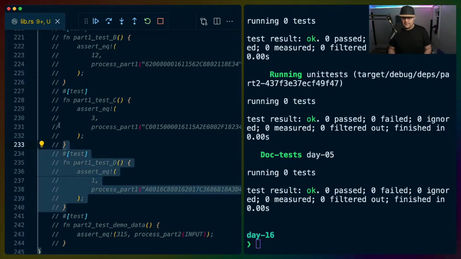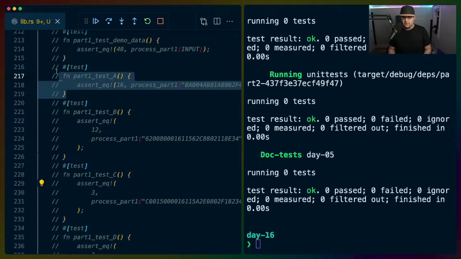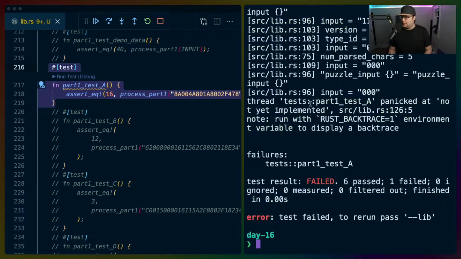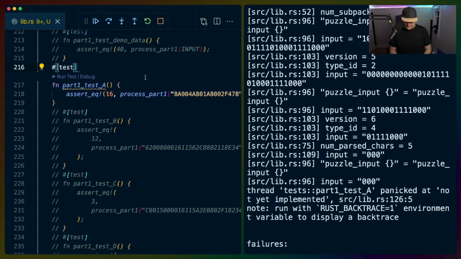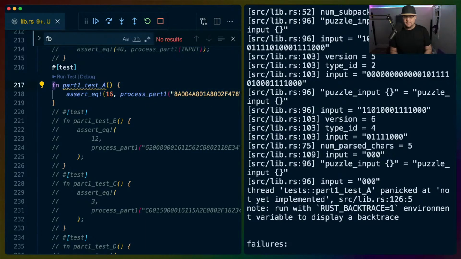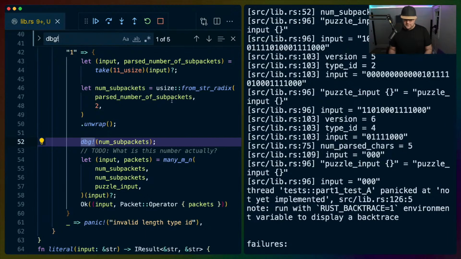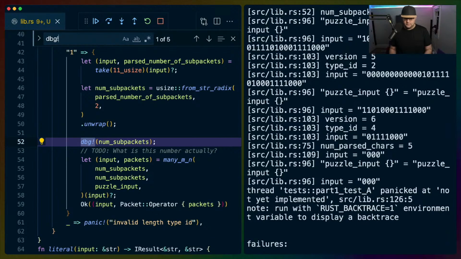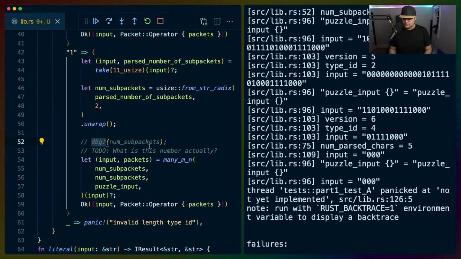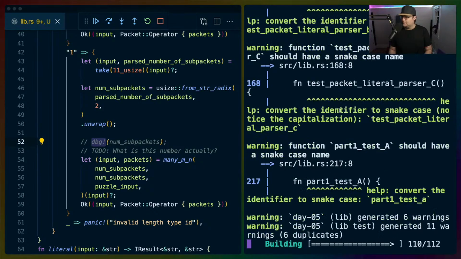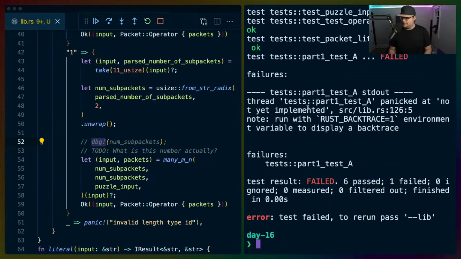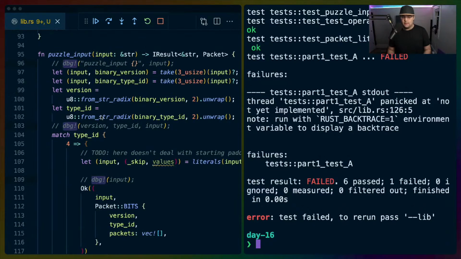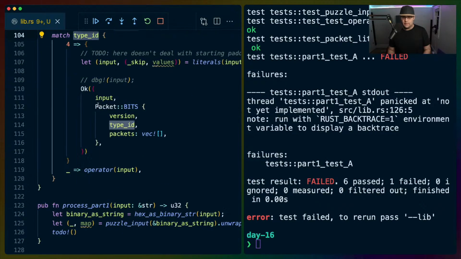So all of these tests are going to fail currently. So let's just do one of them so that we only get one failing test. Let's get rid of all of these debug statements. Cool. So now we're getting our failing test. And the result of all of this,